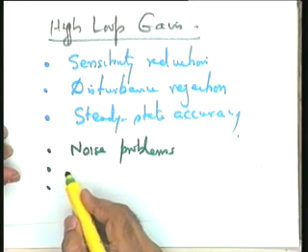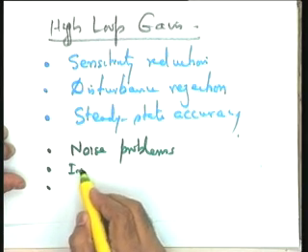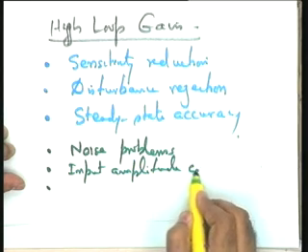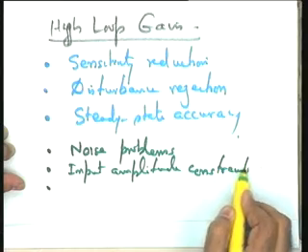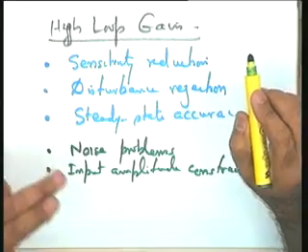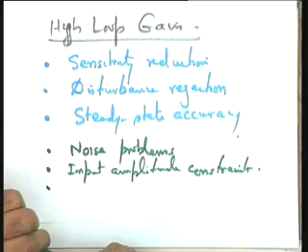What else, please? A high loop gain may create very high values of the input signals, and your system under consideration or some of the components of the system may saturate. So the situation is not that simple that you will immediately improve the performance of the system by high loop gain. Some of the components may saturate, so those considerations will limit the high loop gain. The noise considerations will limit the high loop gain. You cannot take infinite gain because of the noise problems. You cannot take the infinite gain because of the input amplitude constraints.